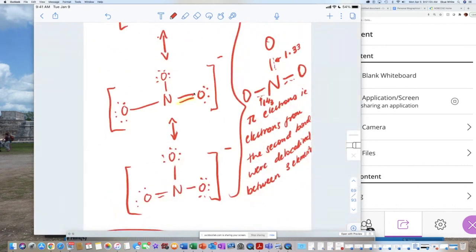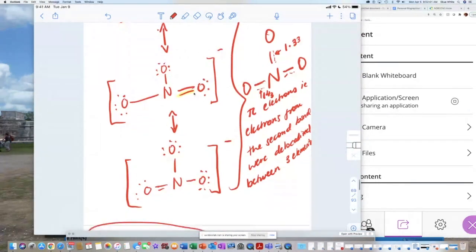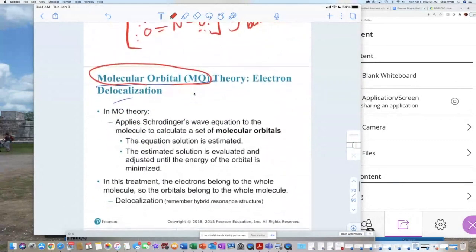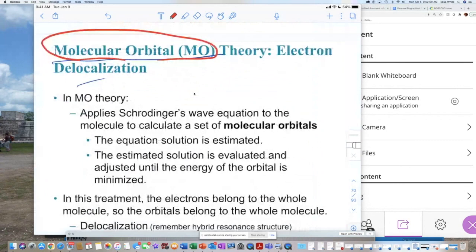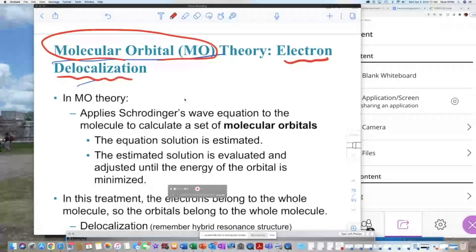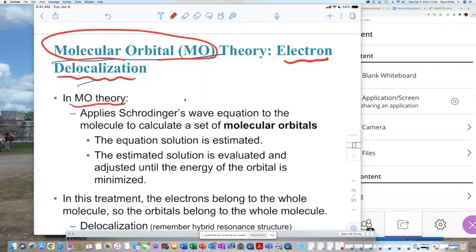Anyway, so we have talked about scientists viewing that in the lab, but valence bond theory hasn't explained that, and Lewis's structure hasn't explained that. So we'll see this explained in molecular orbital theory. Okay, starting with electron delocalization. In molecular theory or